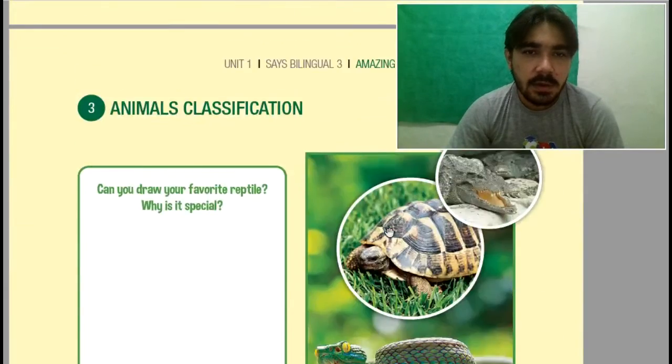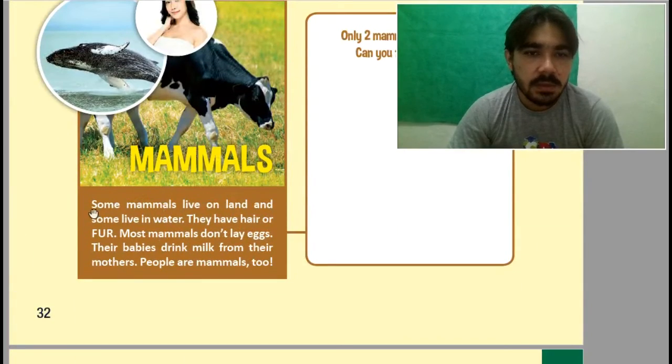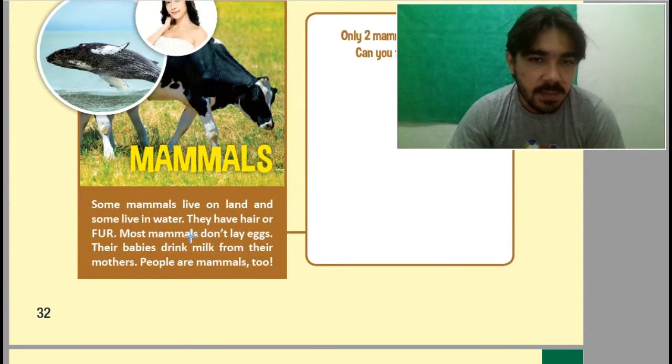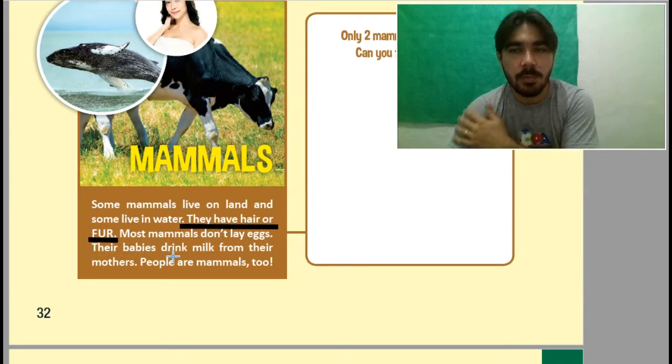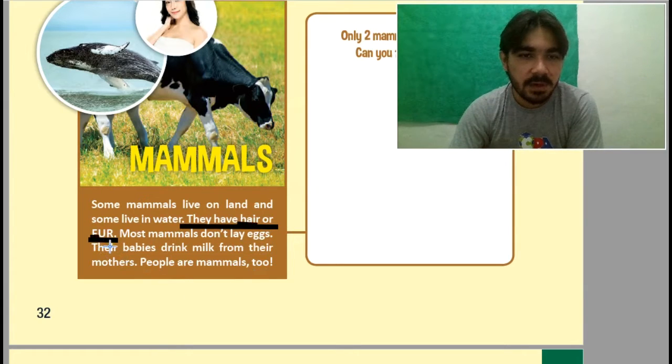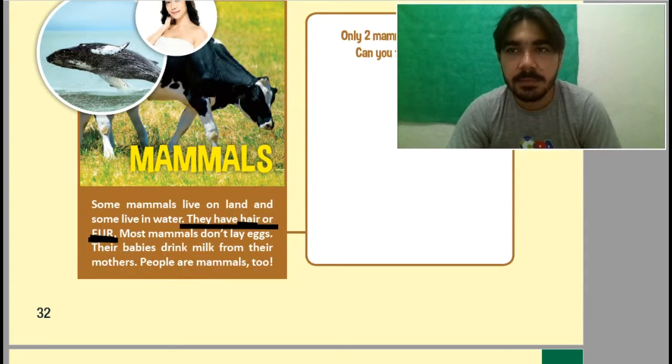Let's go there to see. Some mammals live on land and some live in water. They have hair or fur. Here, found it. Encontrei, teacher. They have hair or fur. Então, o que eles têm como pelagem deles, gente? A gente pode encontrar hair ou fur, que é pelo. Então, cabelo ou pelo. Very good.